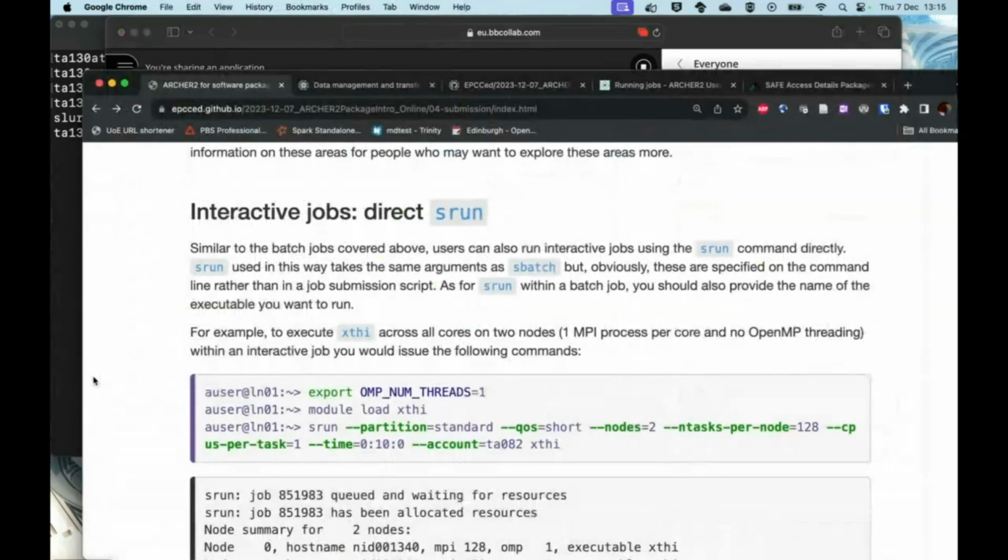We were just right at the end of the lesson on job submission. So the one last topic in here talks about interactive jobs. So interactive jobs are where you actually get a